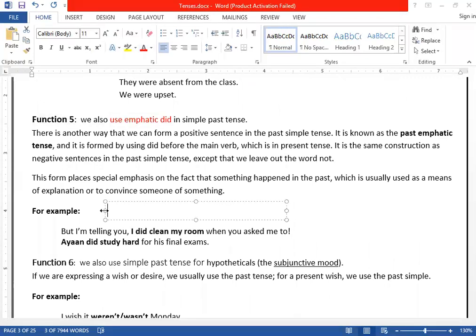Look, what I mean by emphatic did. In positive, suppose, let me create a situation for you, then you can better understand. Suppose in your home, somebody broke the mirror. And who was that one? He was your brother. And you saw him. You saw your brother that he broke the window. Your father comes and asks who broke the window, and your brother said, I didn't. And you come up,